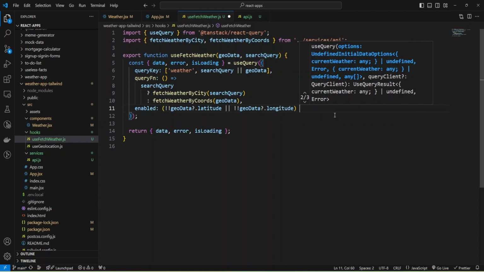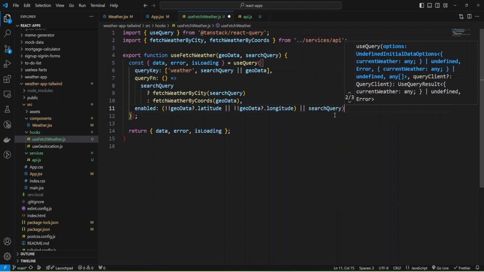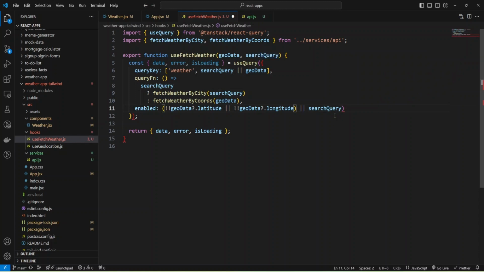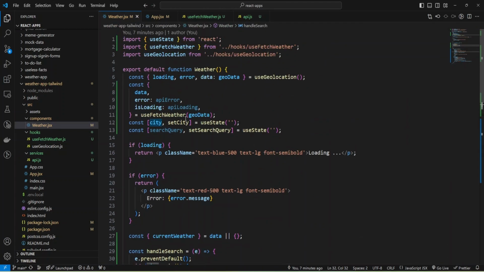And also we can check that we have search query and make it enabled. And if we don't have search query or coordinates, then our use query hook will be disabled. And now we need to provide our search query to our use weather hook, and let's do it.